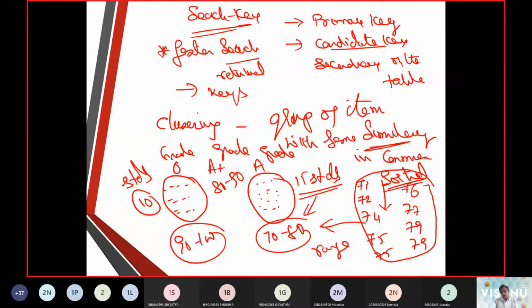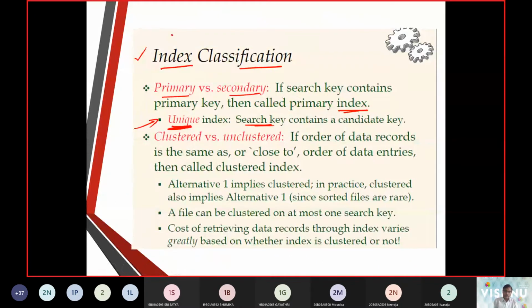First of all, we are grouping the items. That is the first key takeaway. The second key takeaway is that we make the things sorted. If these two conditions are fulfilled, then we call that index a clustered index.